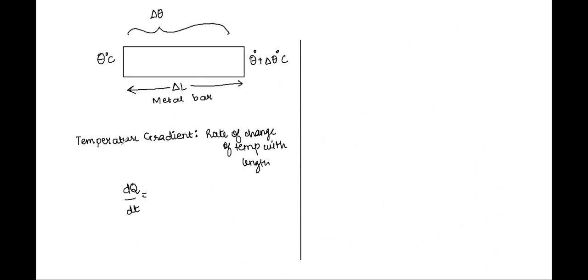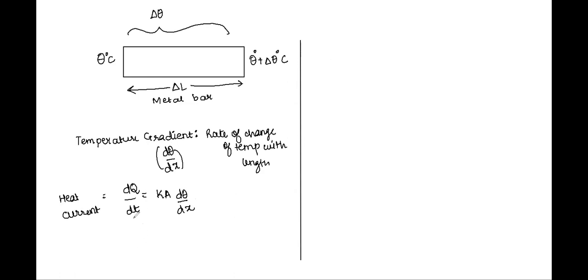Moving ahead, class, just come back to this sum or the concept which I'm explaining. Here we have what is called heat current, or rate of flow of heat, the rate at which heat is flowing, dQ by dt. This is given as KA d theta by dx. This d theta by dx is nothing but the temperature gradient, that is, how temperature is changing with length. Okay, so we have this.